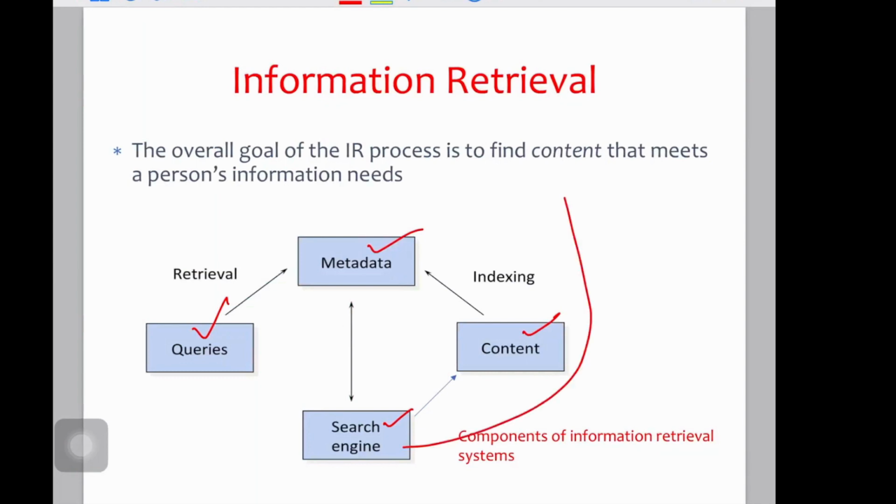Say we are on Google or on PubMed, right? Let's take the same example of COVID. Now we enter COVID over there. Now, when we enter COVID, the information retrieval engine, I'm just putting this with a gear sign,